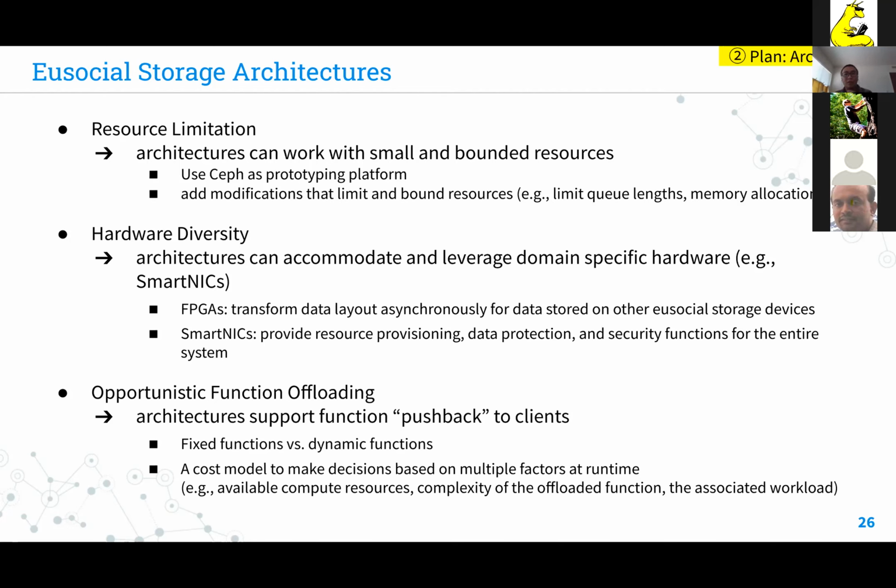For dynamic functions, because the complexity of the function is not known beforehand, the storage vendor may not be able to pre-allocate enough resources onto the storage devices to ensure some service level objectives. Therefore, it is important for the architecture to provide some sort of mechanism to allow the offloaded function to push back to the caller.